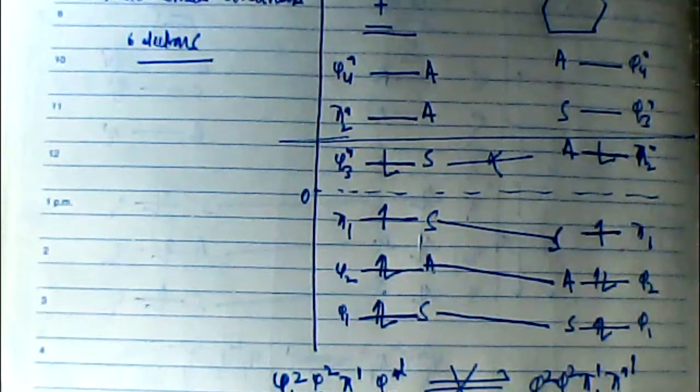Once we choose that, we assign the orbitals as symmetric and antisymmetric. In the final step, we checked under thermal conditions, by drawing the OCD diagram, whether this reaction was allowed or not. We have checked in the photochemical conditions, by drawing the OCD diagram, whether the ground state to first excited state correlation was there or not. And in this particular reaction, the Diels-Alder cycloaddition reaction, we've seen that under thermal conditions this reaction is permissible.